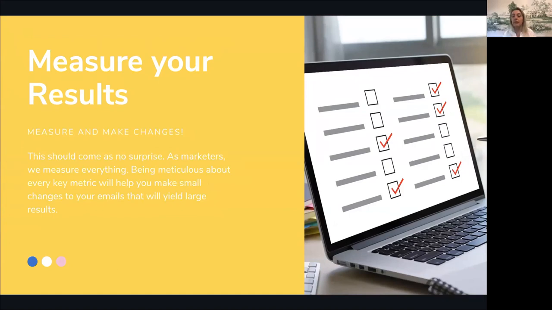Okay, and the last thing you're going to make sure that you do is you're going to measure your results. And so you're going to look at your open rate and all kinds of things. We're actually going to talk more about results a little bit further down in my presentation, but part of your strategy is going to be looking at those results and saying, okay, that worked. We're going to keep doing that. Or, okay, that didn't work. We're not going to do that anymore, and we're not going to waste our time. We're going to try this new venture, right? So just make sure you're always tracking your numbers and know what's working and know what isn't working with your audience.